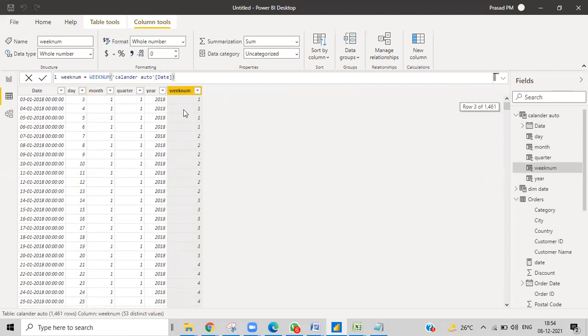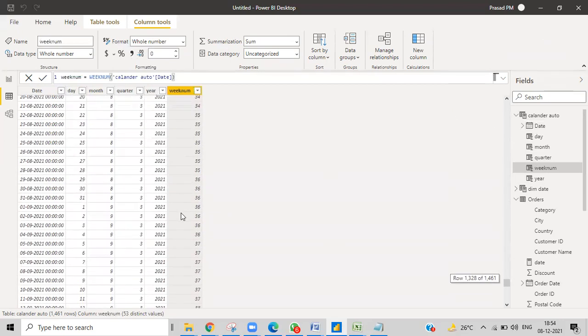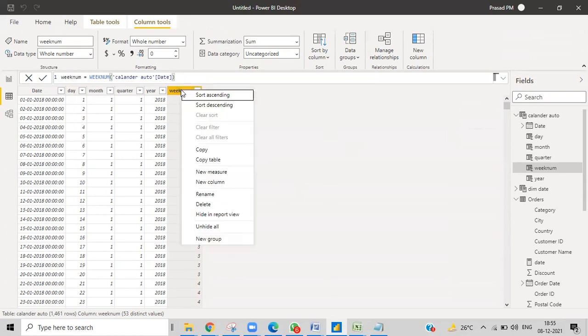So this is the week number. First week, second week, third week, and then we have 52 to 53 weeks per year. So it will give it like that. Now for the seventh date, what is that? How many days are there in a week? 7 days, right? But it always went only up to 6 in this particular case. Do you know why? No. Then I'll do one other function and explain why it is like this. I'll show you one other thing, then you can understand easily.